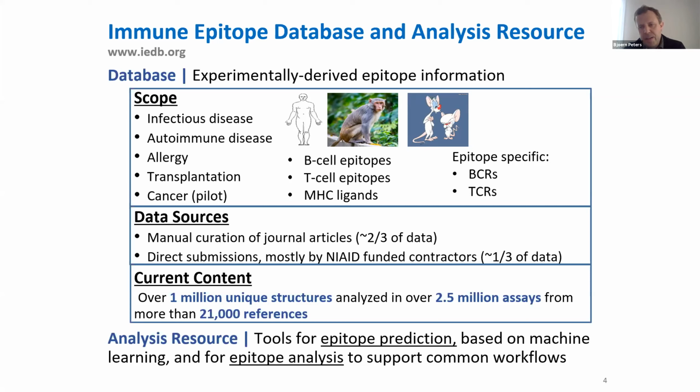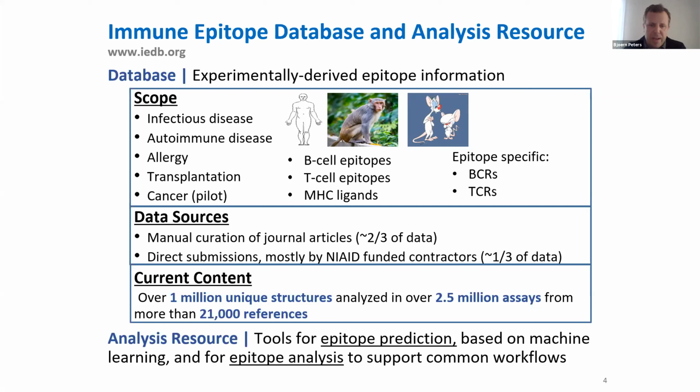The current content is over 1 million structures, so that is epitopes, ligands, and also including things that were tested and negative, in over 2.5 million assays from over 20,000 references. And then this data is used to generate tools that are made available in the analysis resource that can be used for predicting epitopes and analyzing them,